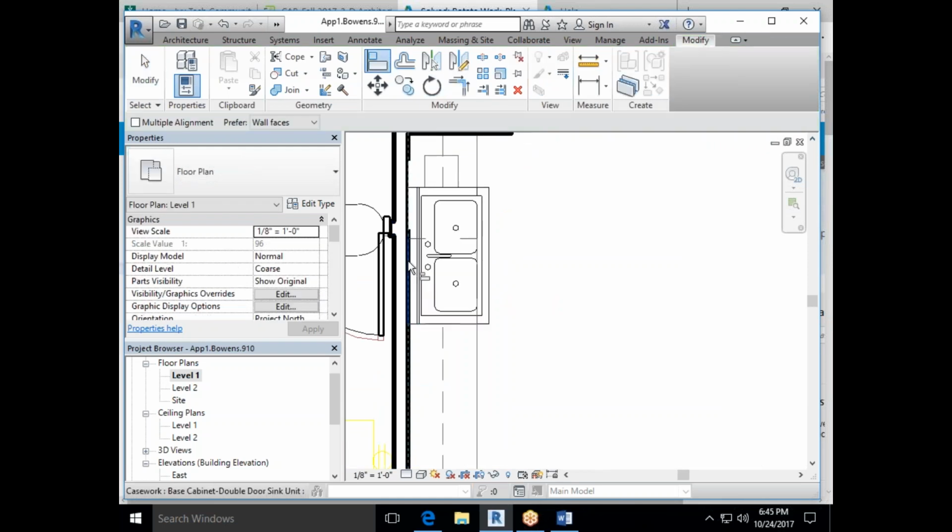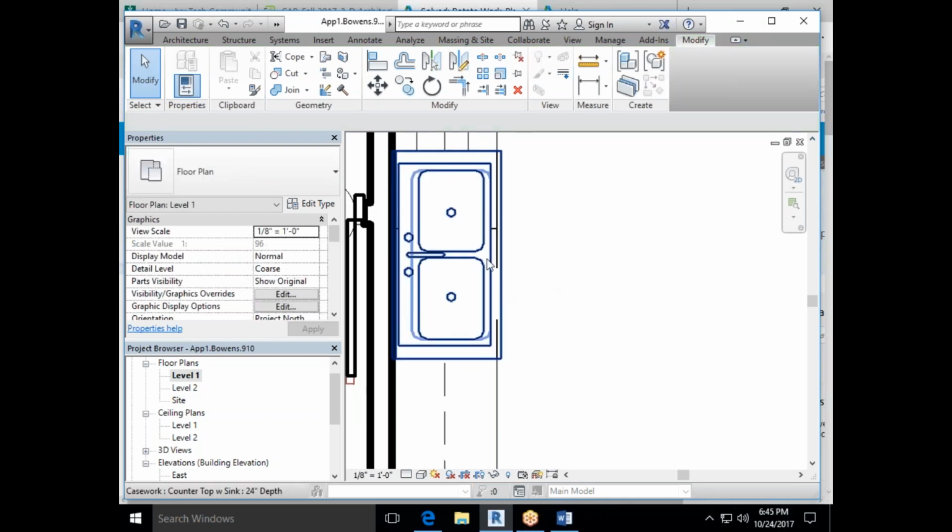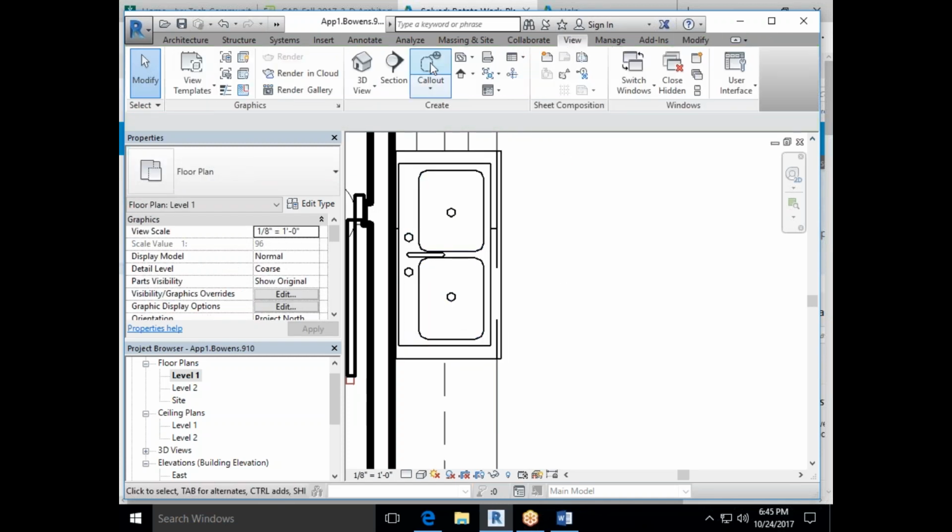So I can do my align the wall for the back portion of my guy, and then for the sink, I can move him back more. I can move his edge further up or down, right? We can pull him however we want him to be. Let's take a look at our view,